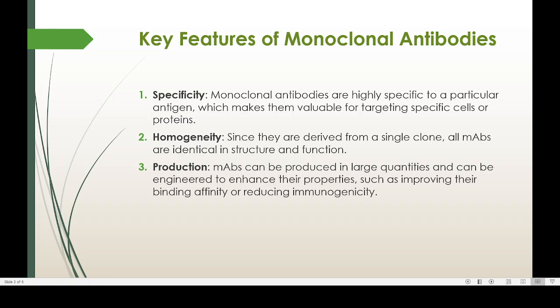For example, one person has lung cancer, and we are using a monoclonal antibody against the cancerous cells affecting the lungs. We can inject that monoclonal antibody into him or ask him to take a tablet or medicine. What this monoclonal antibody will do is go to the lungs and kill